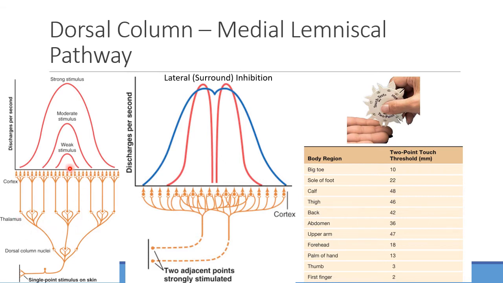So for instance, if you have a very weak stimulus, maybe only these nerve endings here in the middle are picked up. However, as I amplify that signal, giving it a larger signal and more action potential, I'm going to be able to recruit more and more of these guys. So by the time that signal gets up into the somatosensory cortex, if all these nerves are firing off at the same time, I know, hey, that's a pretty big signal, versus fewer nerves firing shows me it's a smaller signal.